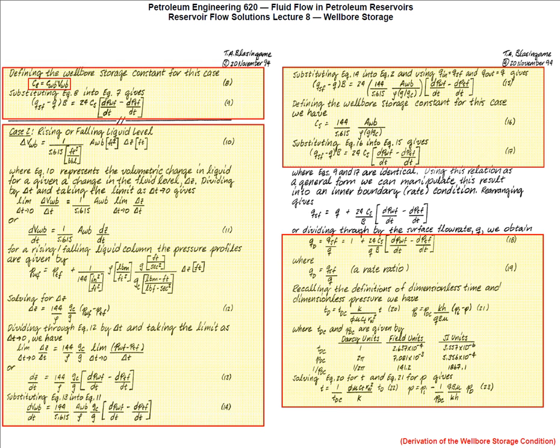CS, which has the units of reservoir barrels per PSI, multiplied by the change or the derivative of bottom hole pressure minus the derivative of surface pressure. And again, we're going to assume that the derivative of surface pressure is equal to 0, or that surface pressure is constant. The next derivation starts with the assumption that the change in volume,